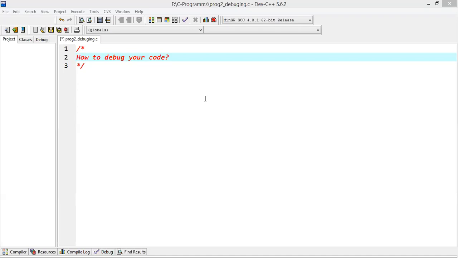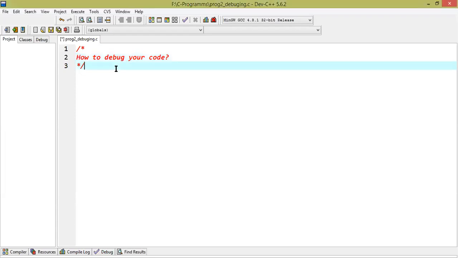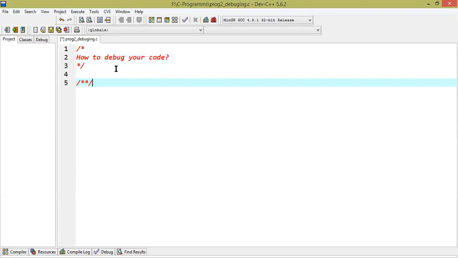In this part, we're going to understand how to debug your source code with the help of Dev C++ IDE. For this purpose, we're going to pick a very simple program.